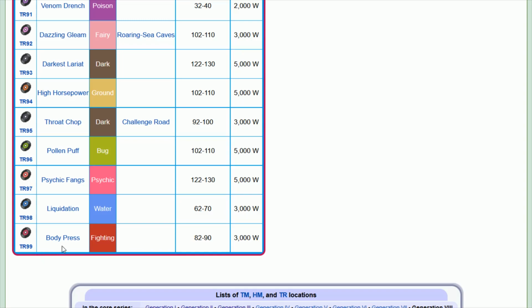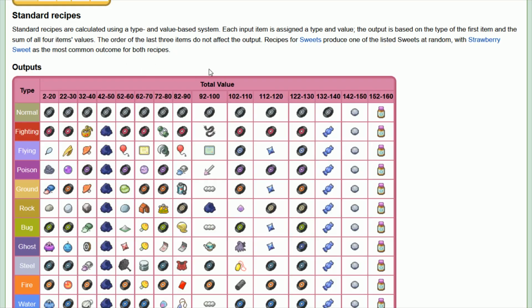And TR99 Body Press can be picked up for 3,000 watts if you can find it from a watt trader, and also with a value between 82 and 90 at the Cram-o-matic. And I'll link this page down in the description as well, which gives us the output value table for the Cram-o-matic. We can see in fighting type, the 82 to 90 right here, this is going to be that TR99